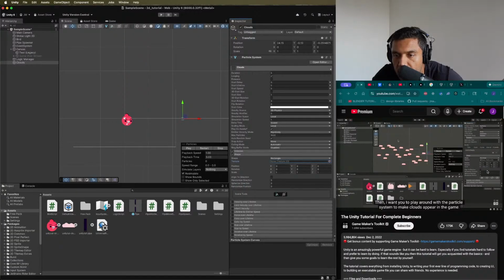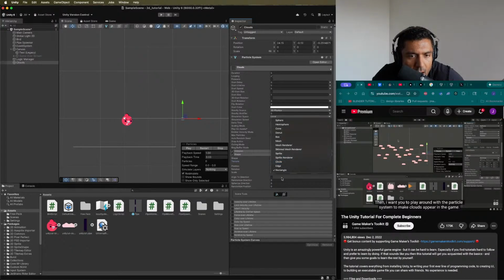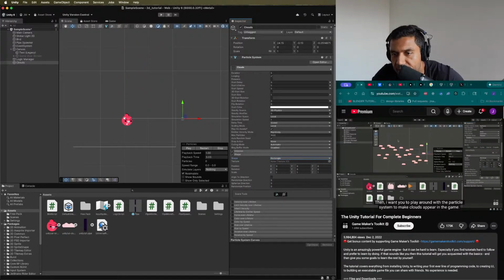Interesting. I don't really understand that. Yeah, just figuring this stuff out is not fun. Okay, well, I don't understand how it's going to work, but